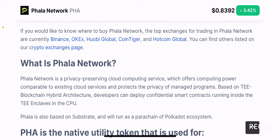So what is Phala network? Phala network is a privacy-preserving cloud computing service which offers computing power comparable to existing cloud services and protects the privacy of managed programs. Based on TEE blockchain hybrid architecture, developers can deploy confidential smart contracts running inside the TEE enclaves in the CPU. So right off the bat, Phala network is basically a privacy-preserving